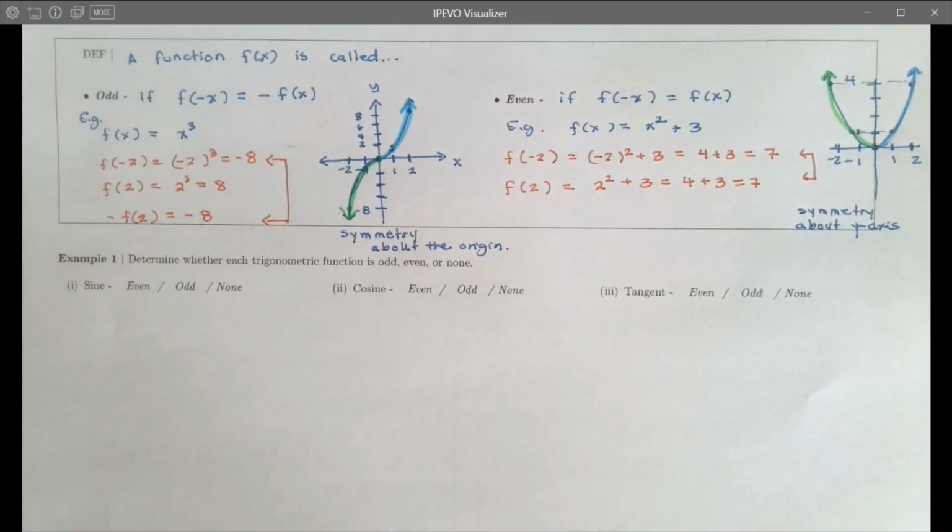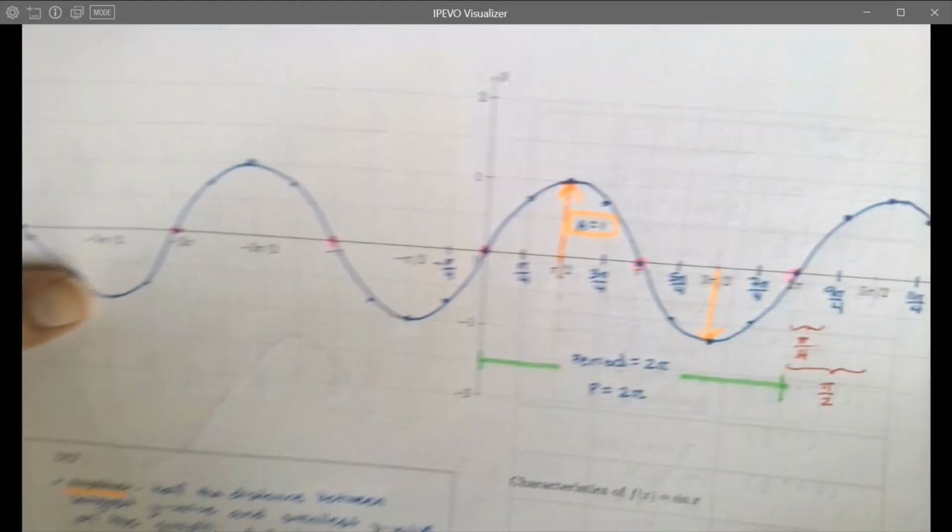Now we want to see whether the functions that we have talked about so far have any type of symmetry, whether it be odd, even, odd or even. So let's bring back one of our graphs. Here is the graph for sine,